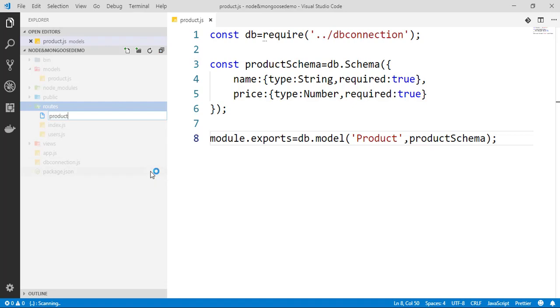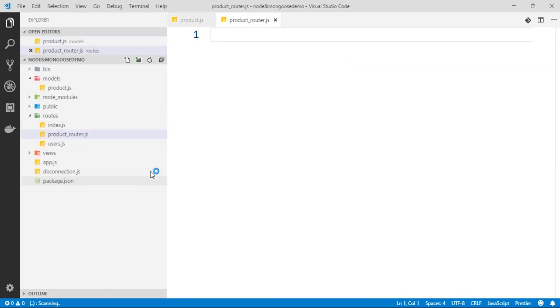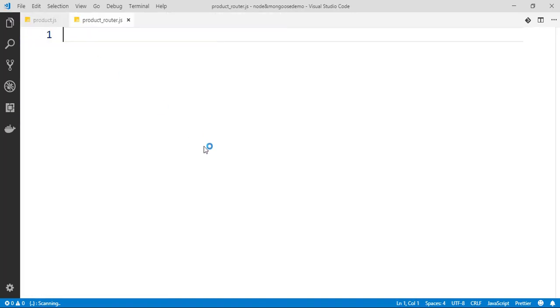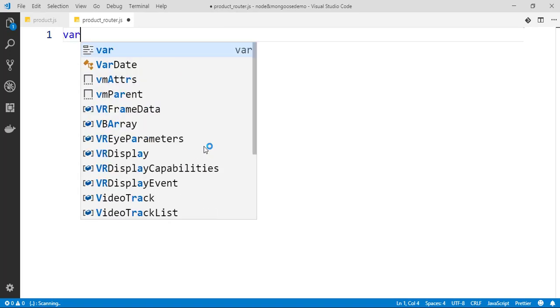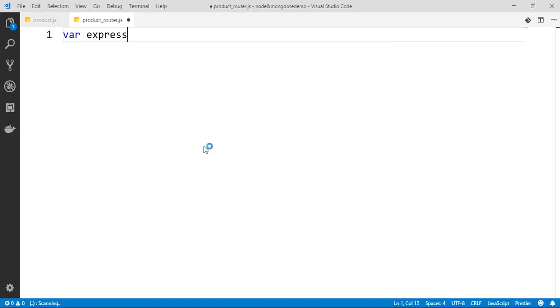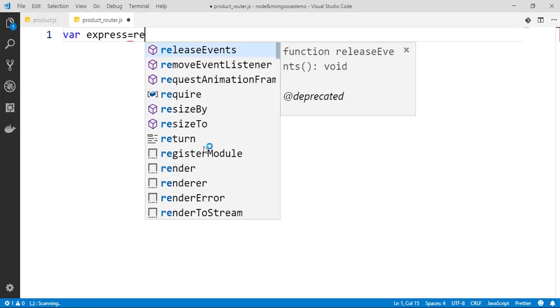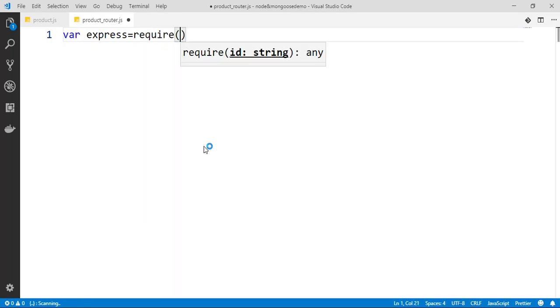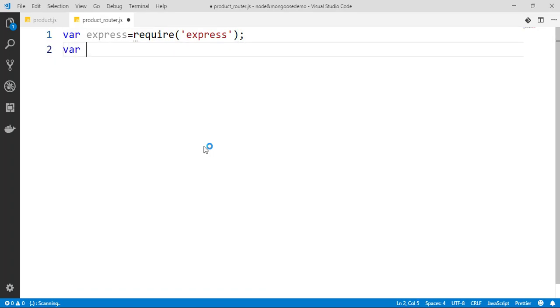I'll name it product_router.js, and here I'm using the Express framework. So I'll say const express is equal to require express, and next I'll be creating the instance of my router. So here I'll say express.Router,